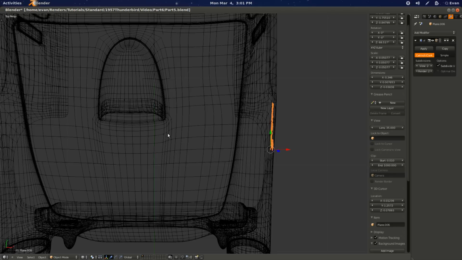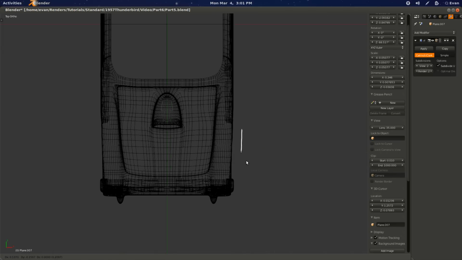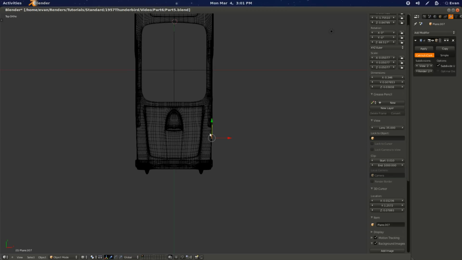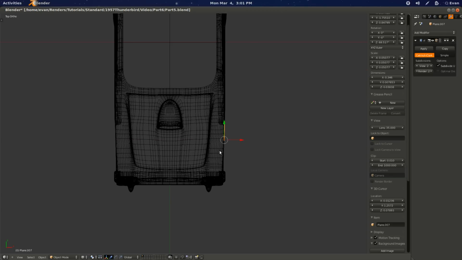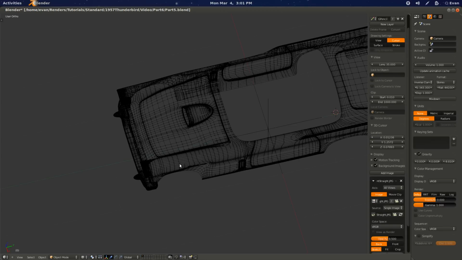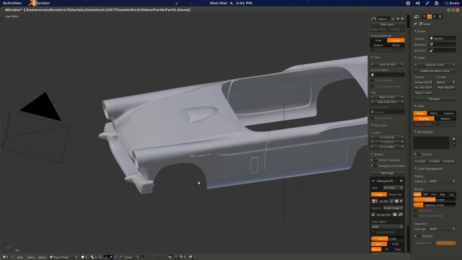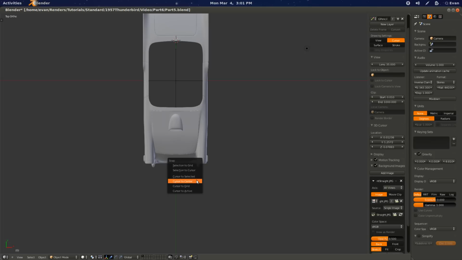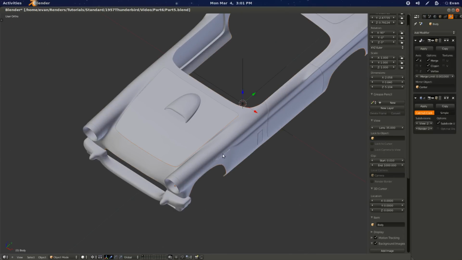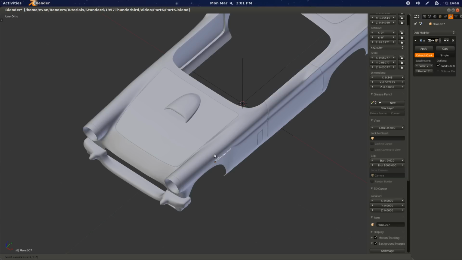Let's go ahead and duplicate this. Change our... I'm gonna undo that. So, let's center the cursor first. Hit period to change the pivot point to the cursor. Now select this object here, duplicate it, hit Control M to mirror, and I believe select,